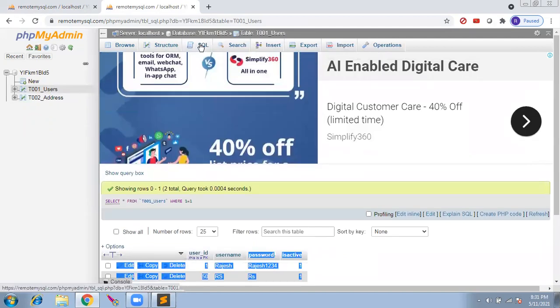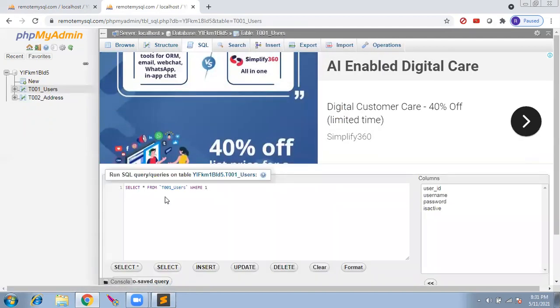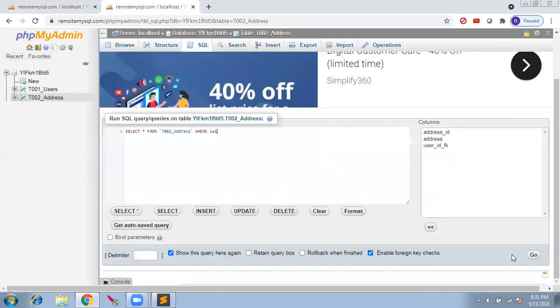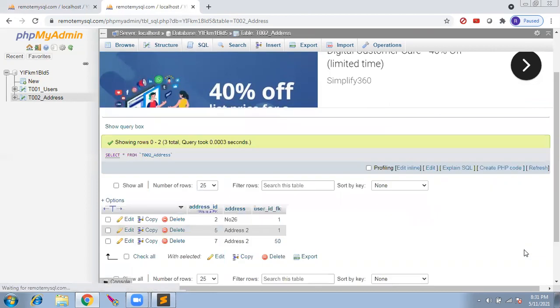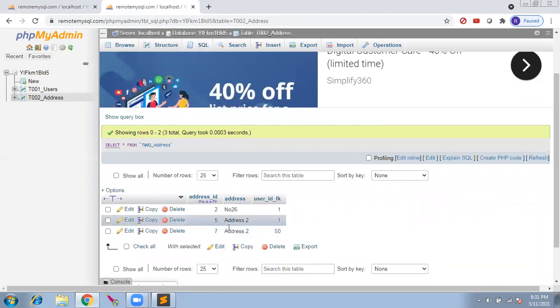users table. Now if I go here, I want to select from the address table. Select star from address where 1 equal to 1. Just always a true condition. You can ignore this and also run. Not an issue. So it is going to give me 3 address values. 2 addresses are associated with user number 1. 1 address is having user number 2, which means this first user is having 2 addresses.